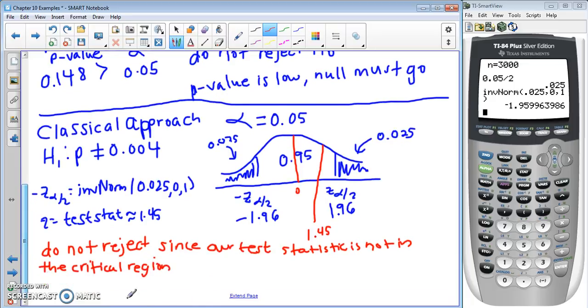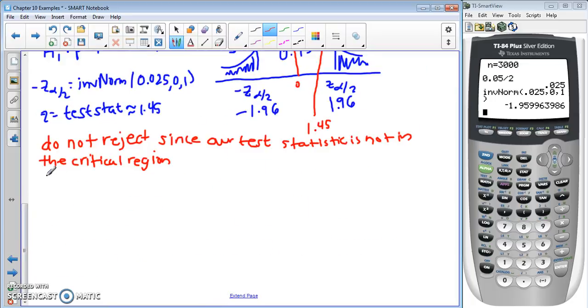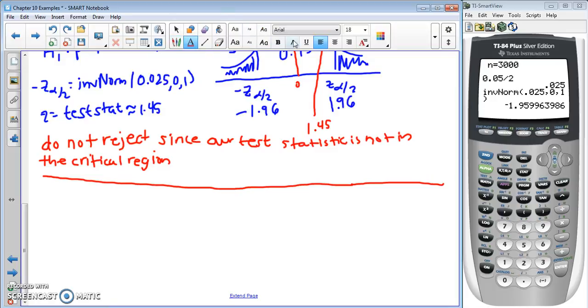Okay. So now that we've used both methods, let's write out our conclusion in terms of the problem. Since we do not reject, that means that there's insufficient evidence. And to be a little bit quicker, let's type this up. So there is insufficient